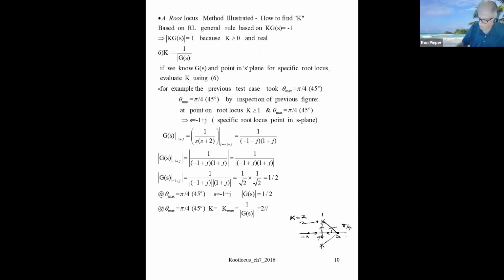Now, it is important for me to point out to you that the method we came up with for finding the K here is not the typical technique that goes with the root locus methods. Now, to do the technique that goes with the root locus methods, which we're now going to demonstrate,